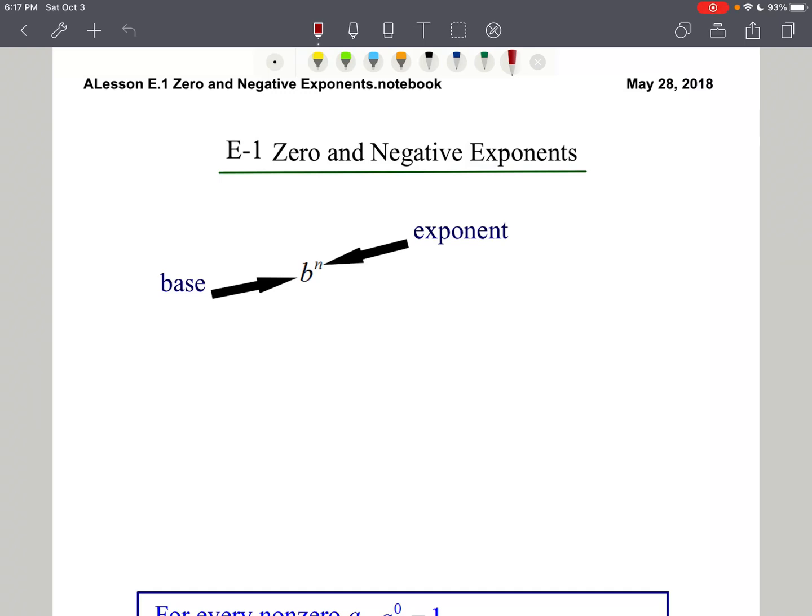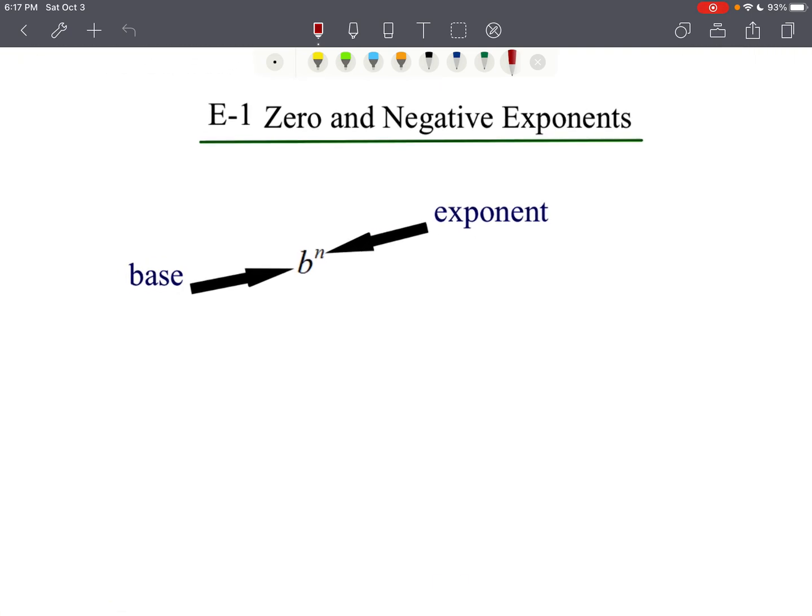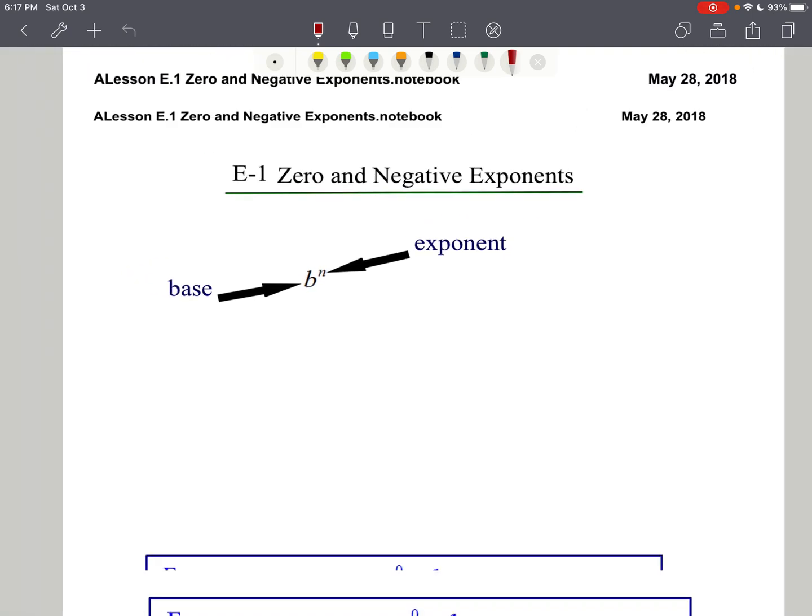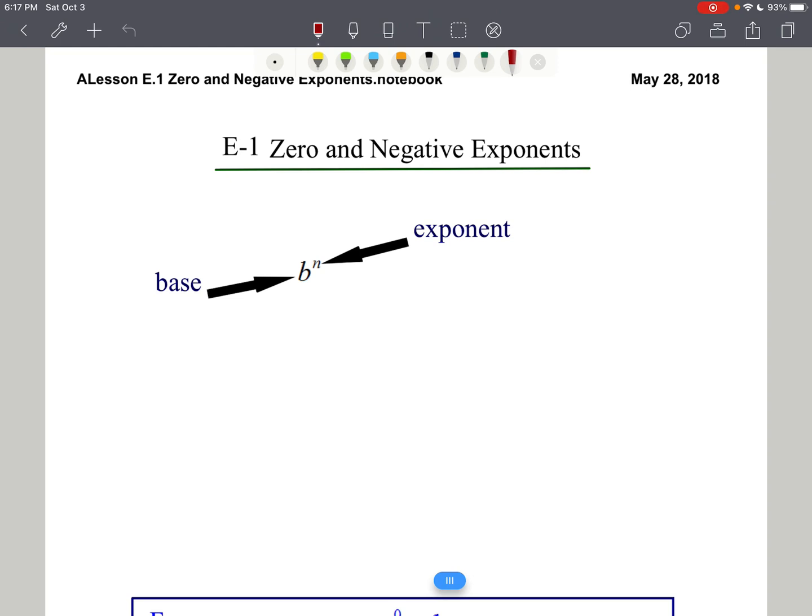In this next learning segment, we're going to be learning about exponential functions. And in order to be able to work with exponential functions, we need to know our rules of exponents first. So we're going to start with zero and negative exponents. Some of these laws of exponents are going to be very, very important in all of our future algebra